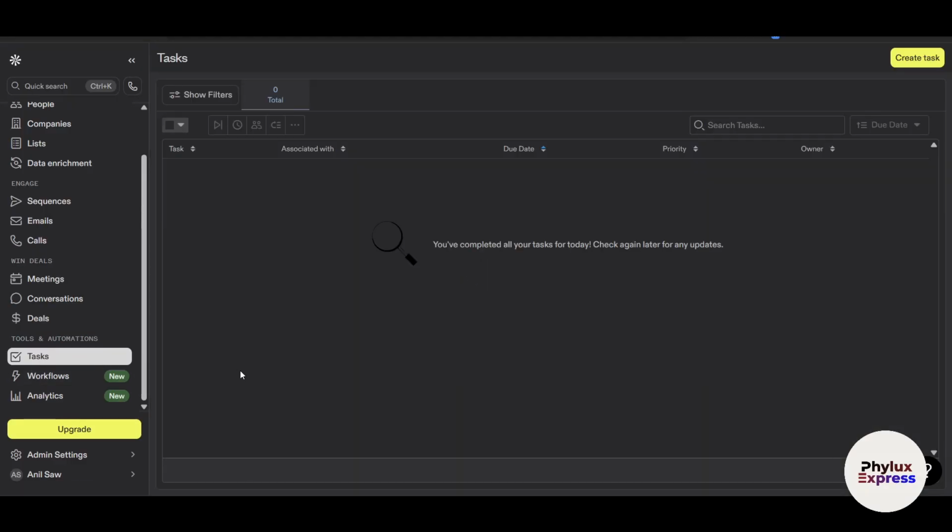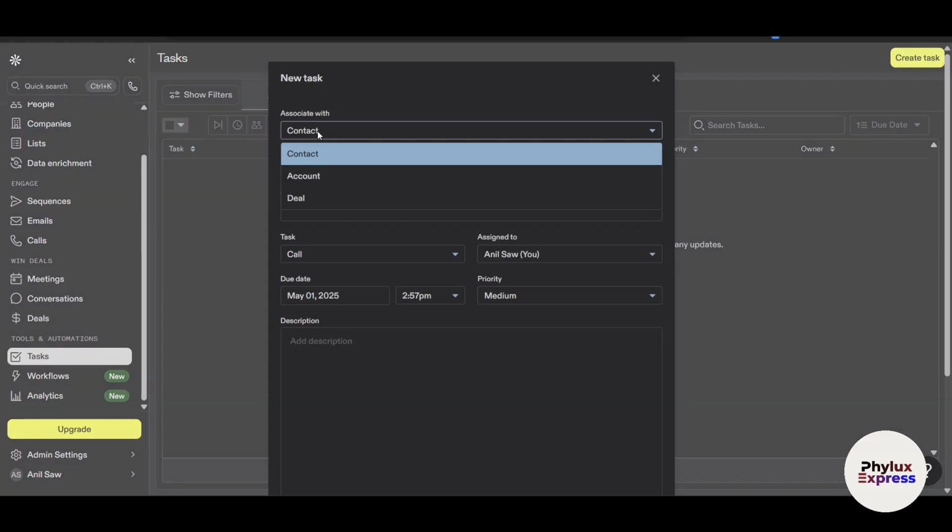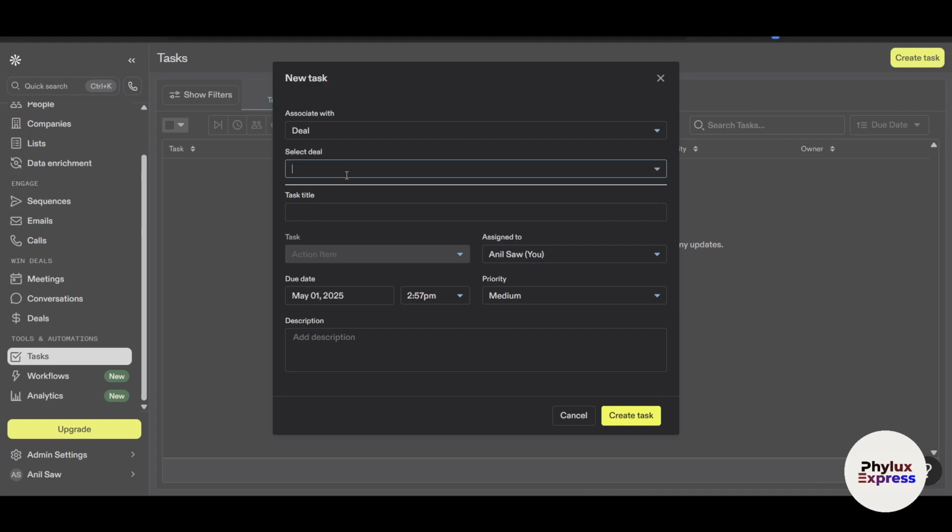Tasks is a really good thing, because for task purposes I use Trello, make.com, or there are other software too that people use, Asana, right? So you can create a task. Let's say I go in here, and this is regarding the deal. So I'll select whichever deal it is, then the task is